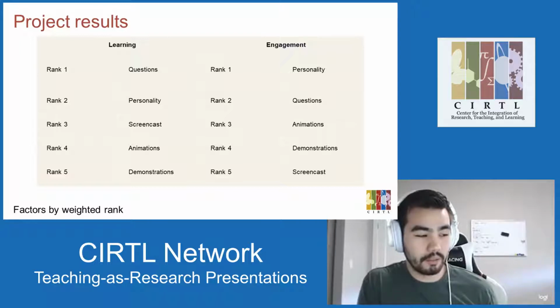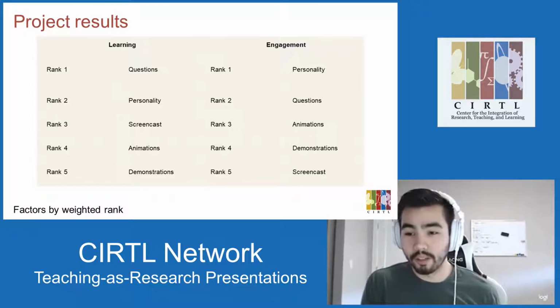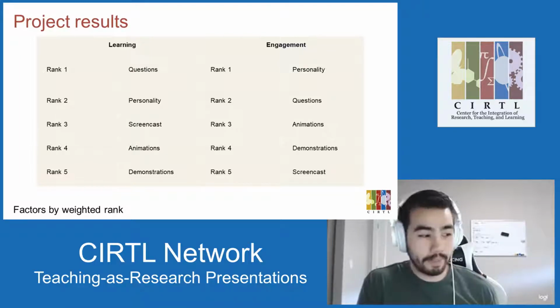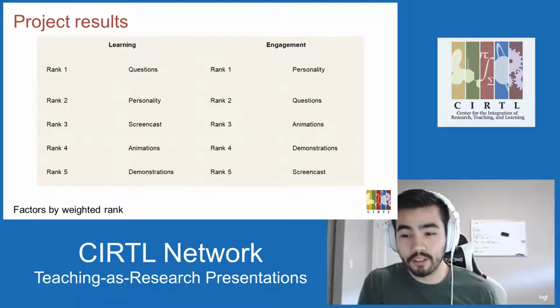I'm going to talk about rank 5 though. Demonstrations for learning, so that's a macroscopic. We'll be talking about a concept like collision theory if you're familiar with chemistry, and we'll go to the lab and show you an experiment. That does not help the student learn collision theory. They've already learned it. The application isn't the same as learning the concept. It's interesting, but it's not part of the instructional video.